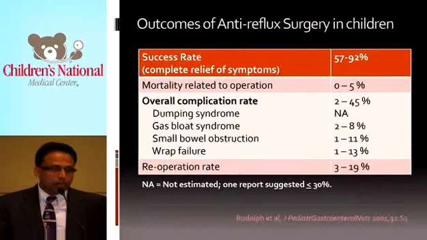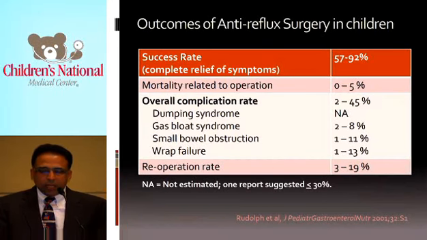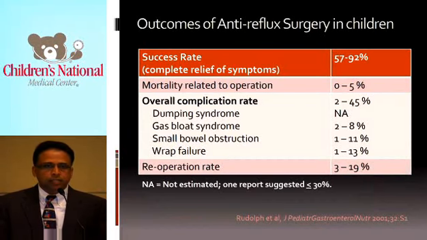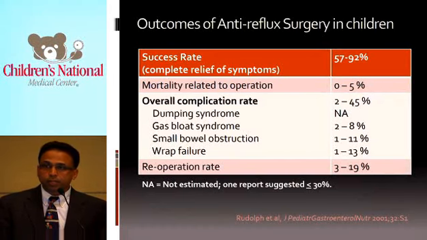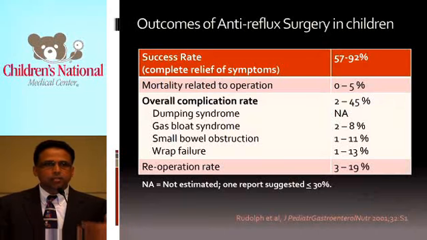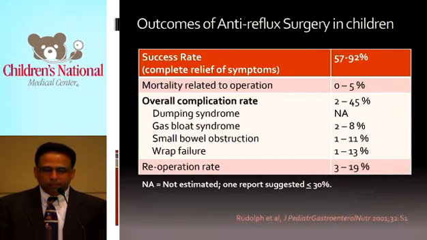That is the end of pharmacotherapy, and that brings us to which patients are appropriate for reflux surgery. The problem with reflux surgery is not that it is unsuccessful. The success rate is over 80 to 90% in most series. However, the problem is it still has a very high mortality rate, which is about 5%, and an overall complication rate of 1 in 5, including the need to reoperate in about 20% of the population. So it has to be done in a very select population.